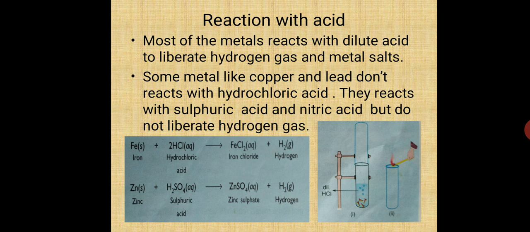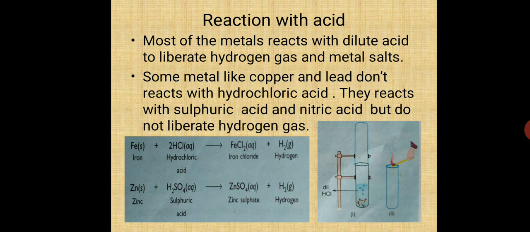See, some nails of iron are put in a test tube, you can see in the picture. Some dilute hydrochloric acid is added, and one empty test tube of the same size is inverted. After some time, the reaction will start immediately, bubbles and fumes will start coming out, and they will pass into the other test tube.